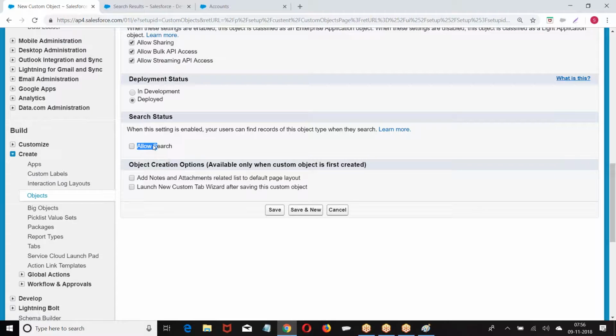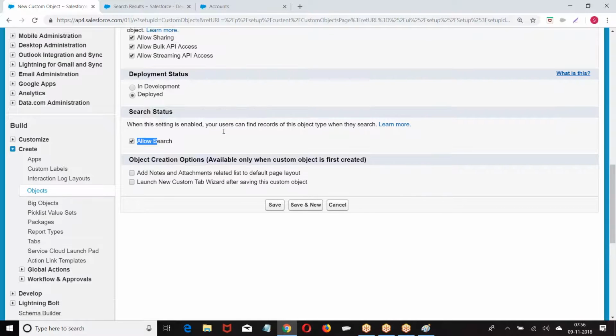The data which is in your table, can I search it with a global search? If yes, allow search. When I say allow search, I am allowing you to search your data from global search. So what was that? Allow search.